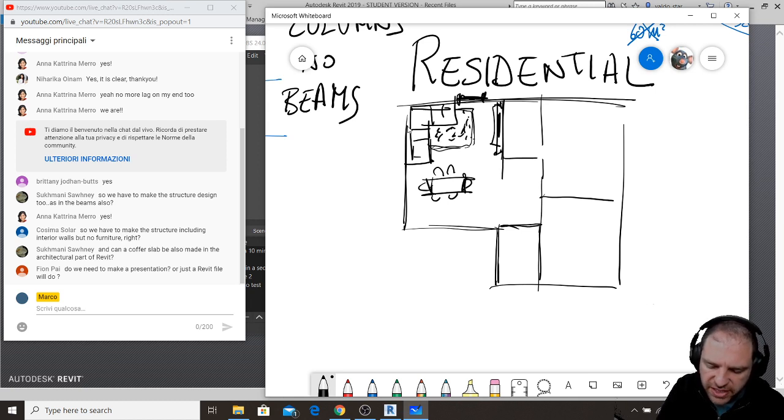Okay, this is the kitchen. Perfect. Make the kitchen with the stove, with a small table here, with 3 chairs just for the breakfast. Then this is the bathroom. Lovely. You put